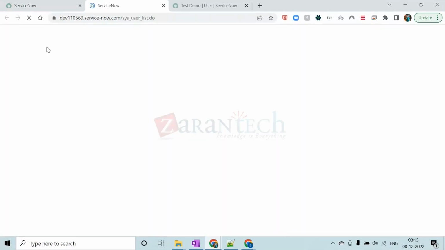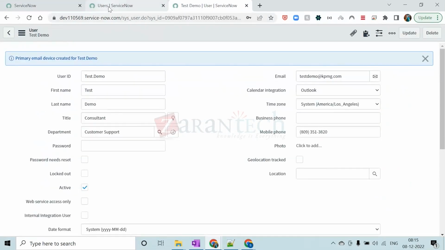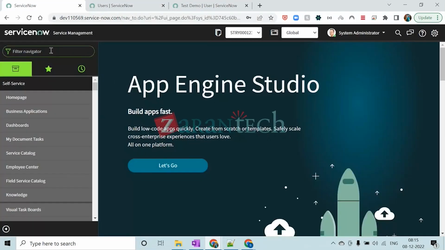sys_user.list. What would it open? It would open a list view, in which all the users are there. And if I want to open directly a form like this from this navigation bar, then what I would do,